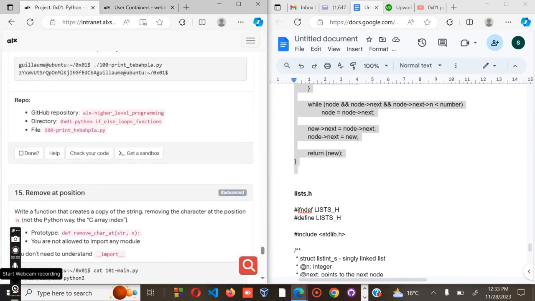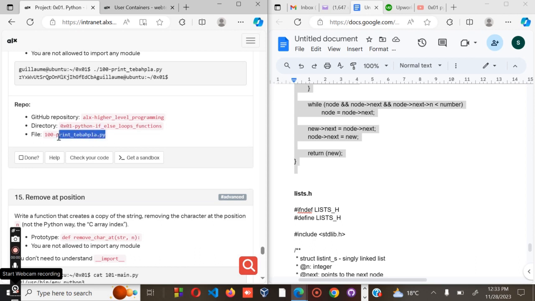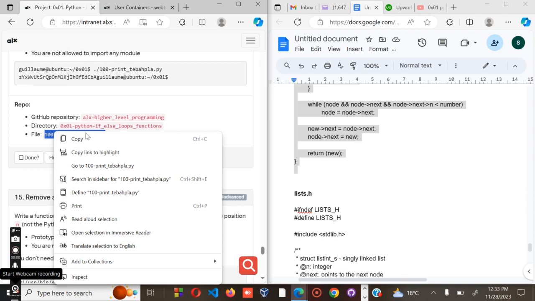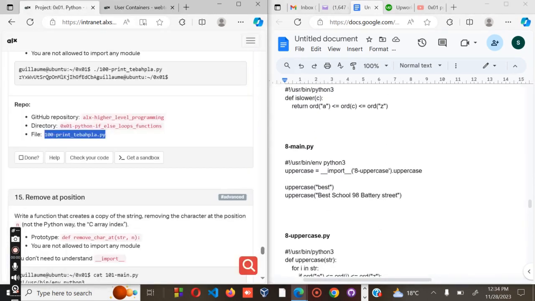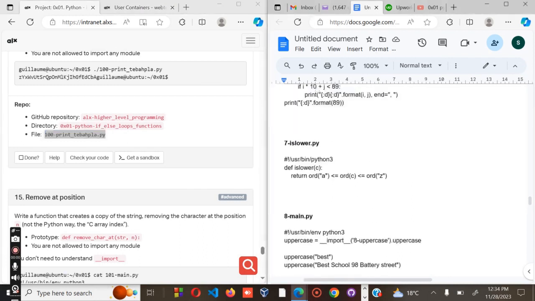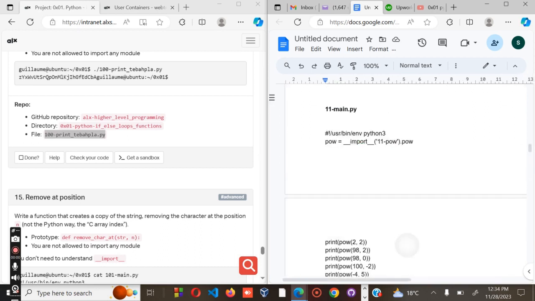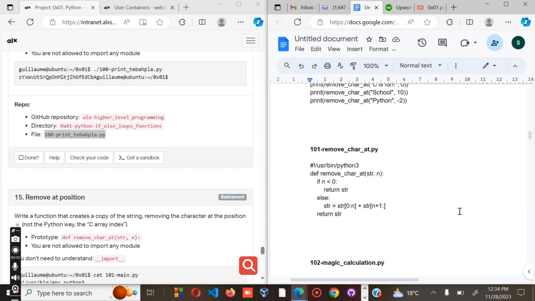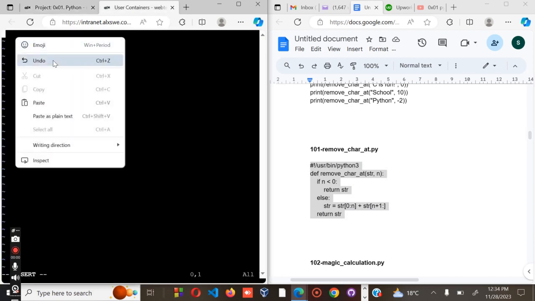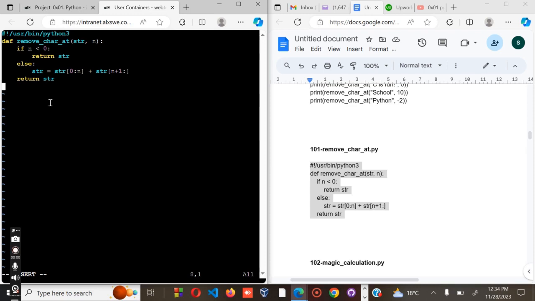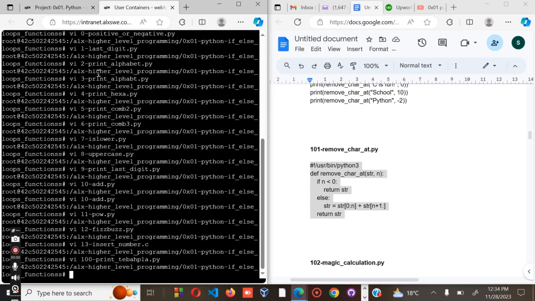Then 14, we have print tab alpha. It's supposed to be code 100. Code 100 is supposed to be here. Here is the code for 100. Copy. Escape, colon, and